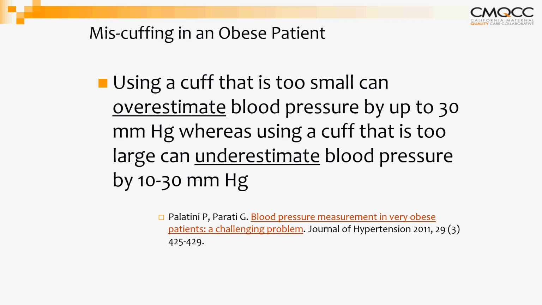And again, using a cuff on a patient that's obese can alter the blood pressure, overestimating by 30 millimeters of mercury, and that's huge in terms of how that's being managed. So it's really important that we consider, if we don't already have those on our unit, and depending on our patient population, that we may need to consider getting some new cuffs in to be able to adapt to those populations.